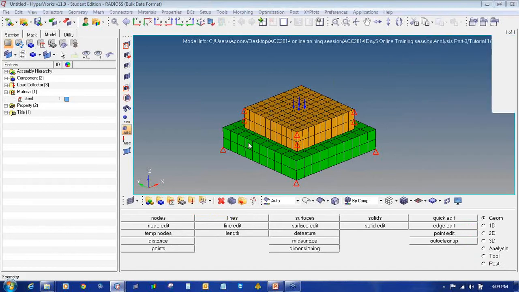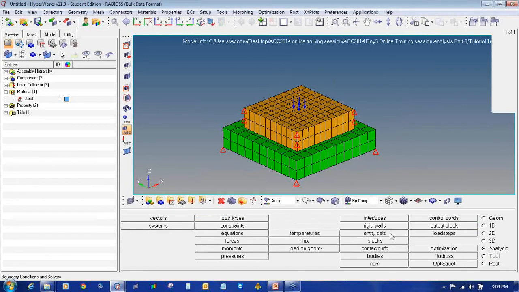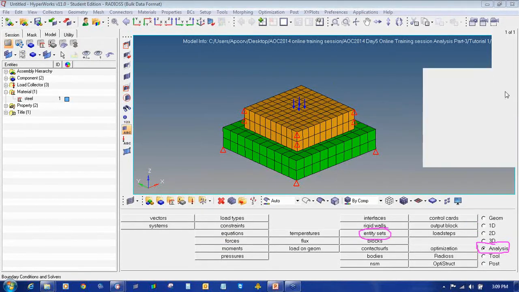Now the next step is to define the contact between the two blocks. To define the contact between the two blocks, first we will create the entity sets. So we'll go to the analysis page. On the analysis page, click on entity sets.